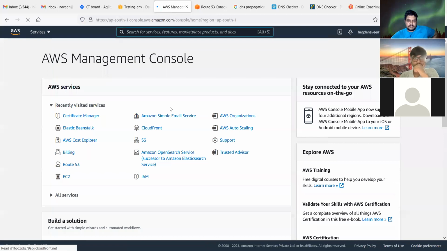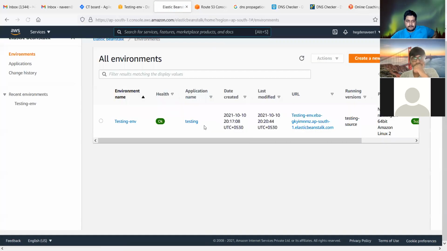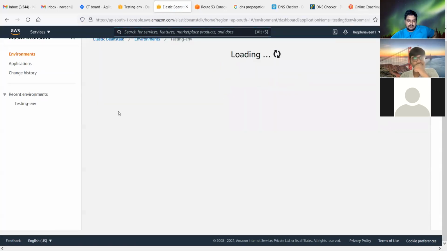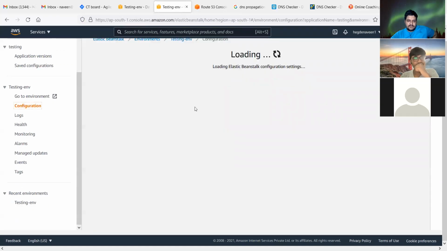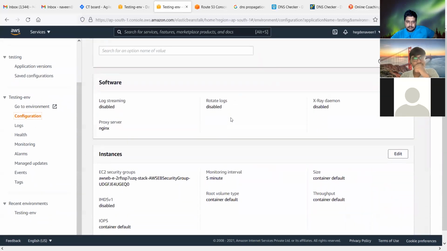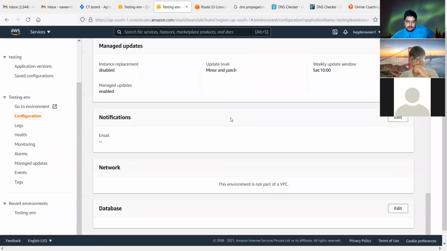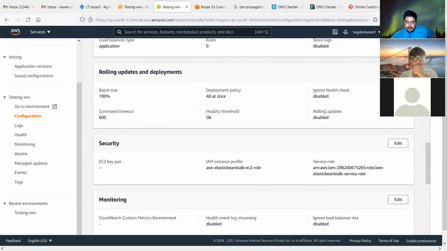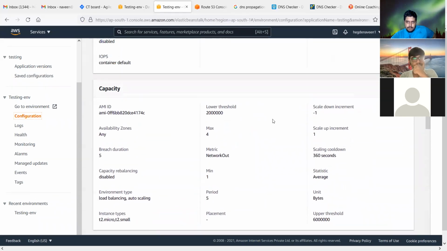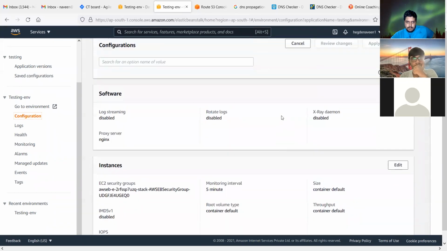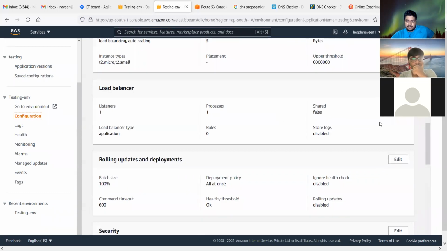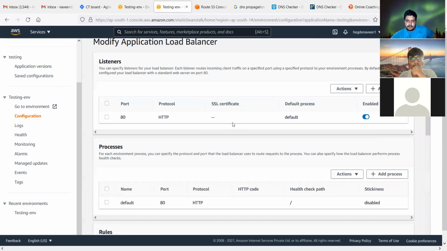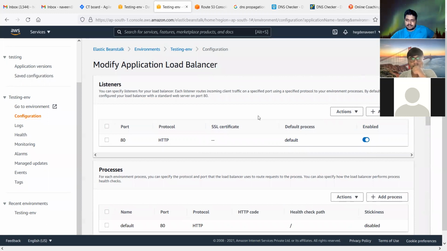So now what I'll do is I'll go to Elastic Beanstalk and I'll go to this testing environment. I'll go to configuration and then load balancer, edit. Here I'll go to listeners. I'll add a listener.